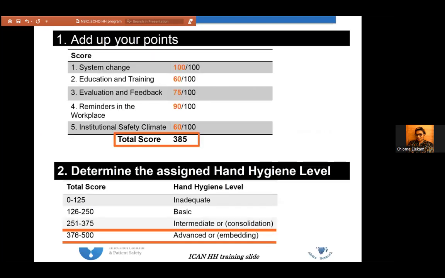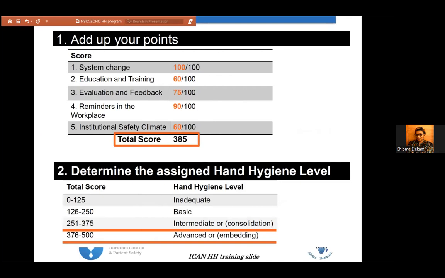So at the end of using the HSAF tool, what do you do? You remember I walked you through this course for my facility. So each of them over 100 of the sections, and we got 385. The next step will now be to assign your hand hygiene level in that facility. And according to this category, the 385 falls under the advanced. I chose this advanced for a specific reason, okay? If you're anything before advanced, you now go straight to the development of your action plan.